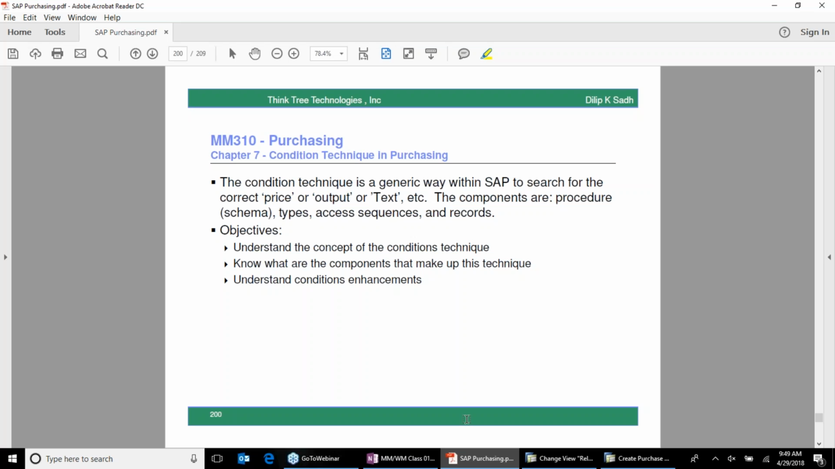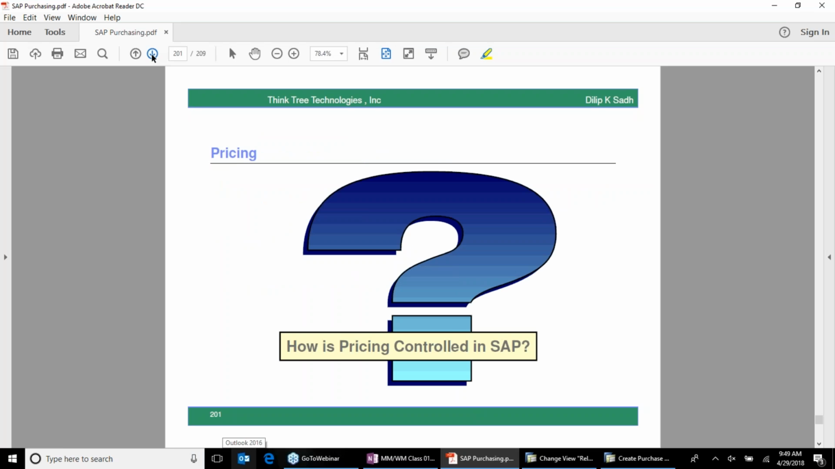Condition technique basically means how pricing conditions work in SAP. So we're going to talk about condition technique from the perspective of pricing